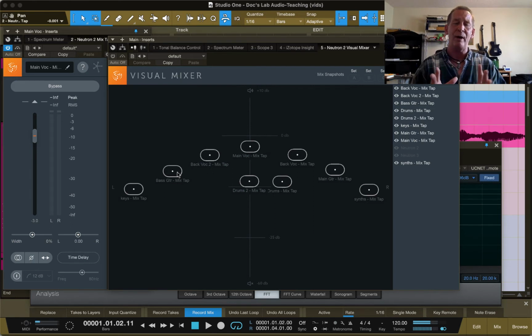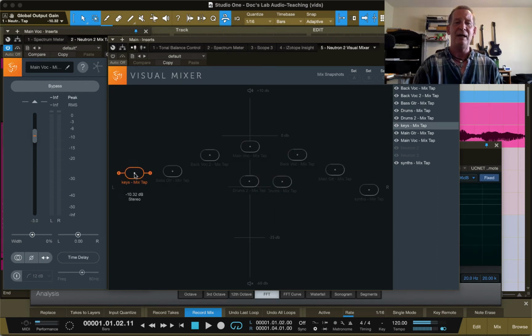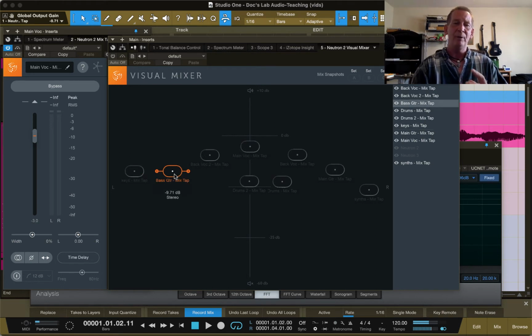No matter what the track is, I'll have almost all my tracks stereo tracks for a reason, because let's say I've got the keys over here working with the bass, and I've got the keys and the bass working closely together, but they're in a little bit different octave ranges, and at some moment the bass drops out and there's just the keys over there. So the first thing I want to do is try to scoot them in closer to center on the left hand side, and then I'm going to want to automate switch it back to a stereo track where it was